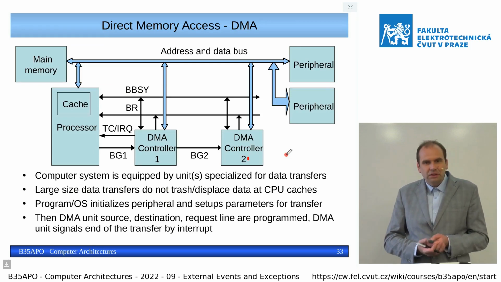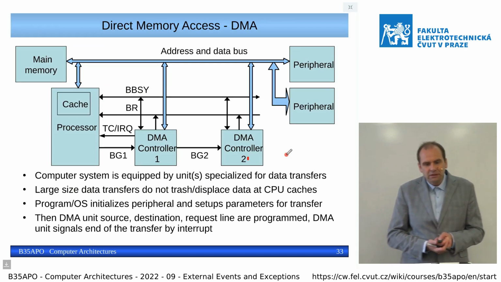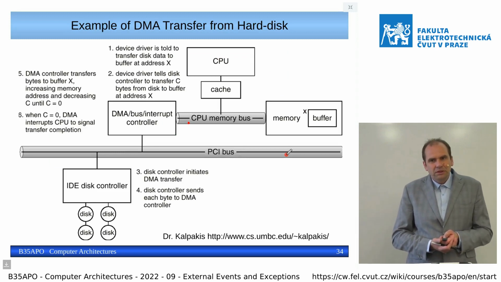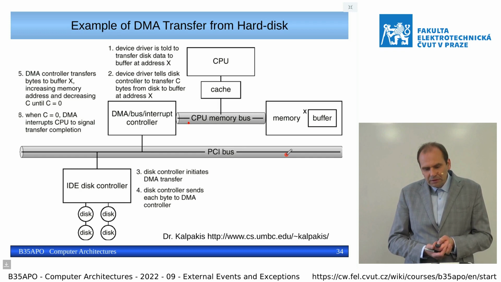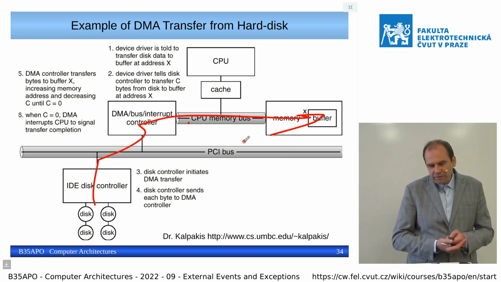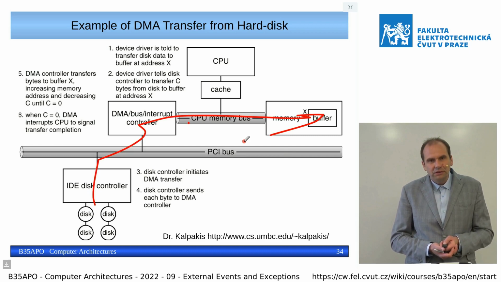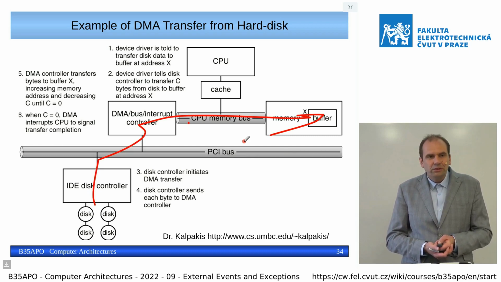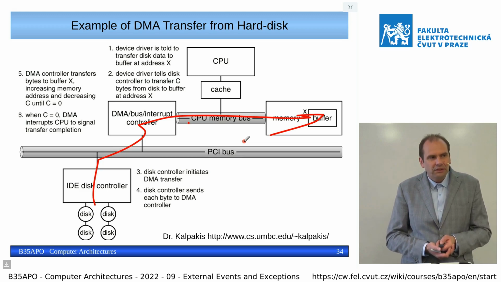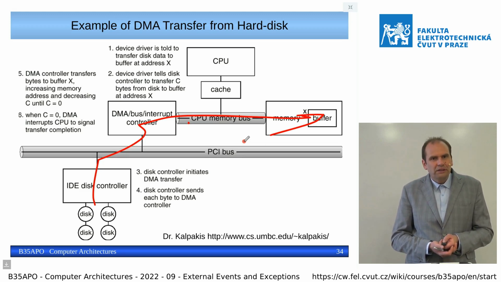Do you see on this picture some significant problem? We access the memory from the controller through the DMA. The processor wants to access the memory as well. It wants to access it fast. So to access it fast, it has